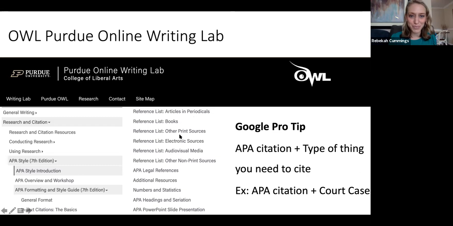Articles and periodicals, books, other print sources, electronic sources. So if you need to cite a website, for example. One tip I will give you, even as a librarian, I rarely put Purdue's URL in my browser. I almost always just Google APA citation plus whatever type of thing. So APA citation website, APA citation court case, APA citation statute, and it'll take you directly to the page that